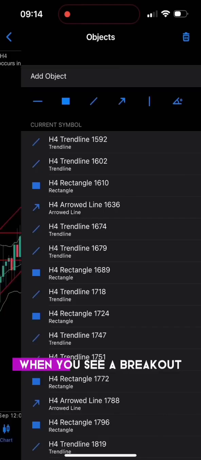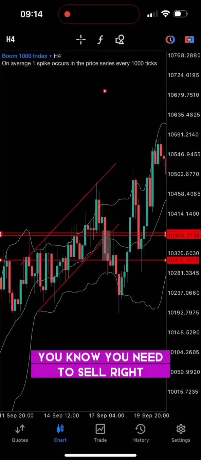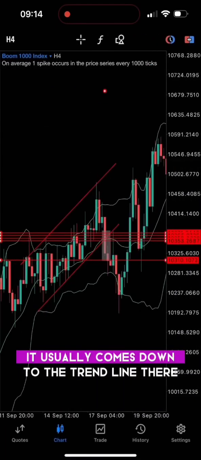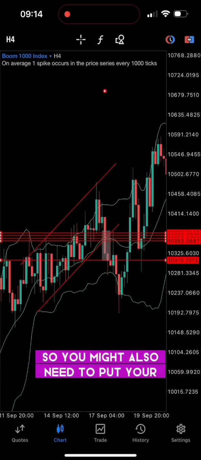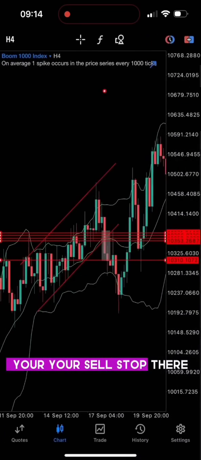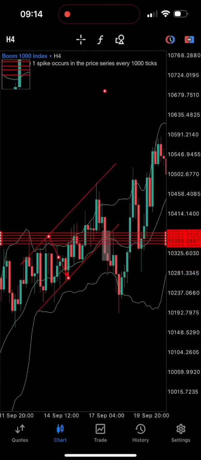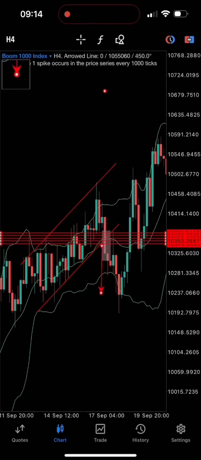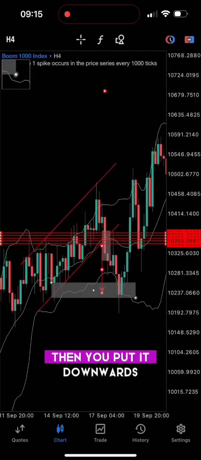When you see a breakout, right, and then there's a pullback, you know you need to sell, right? But the thing is that you need to know that it usually comes down to the trend line there, where I'm putting many lines. So you might also need to put your sell stop there, so that when price goes there, it will be started. Yes, so your TP is like, you measure the space of the channel inside, then you put it downwards,